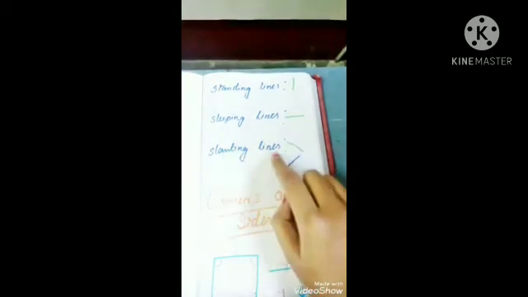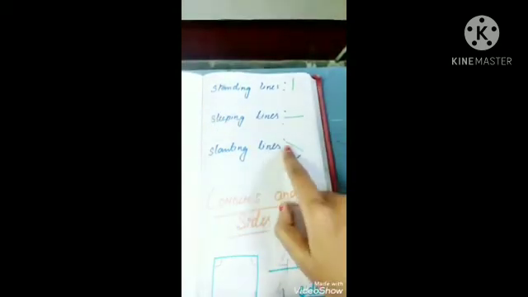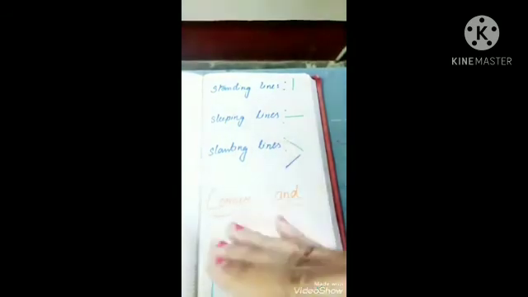And slanting lines mean like this way, a little bit slanting. Okay, so like this, then this. These are called slanting lines. So we are coming to learn three types of lines here. Here the standing line, this one, then the sleeping line and the slanting line, like this. If you draw some pictures using only lines, we can use standing, sleeping and slanting lines.